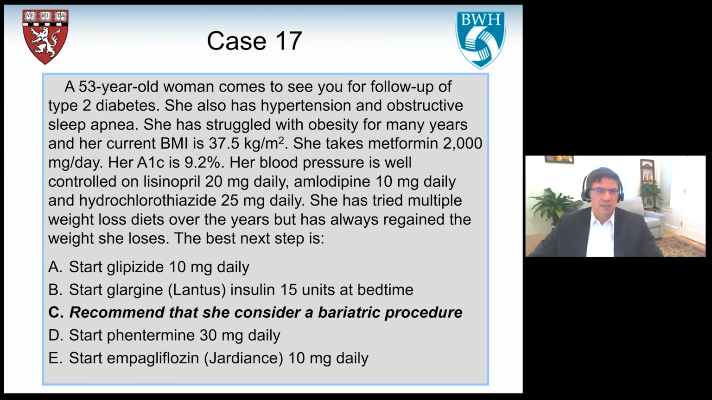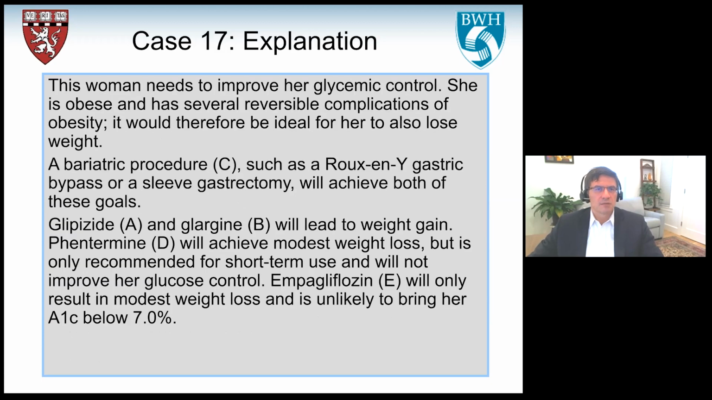The right answer is C, recommend that she consider a bariatric procedure. This woman needs to improve her glycemic control. She is obese and has several reversible complications of obesity. It would therefore be ideal for her to also lose weight. A bariatric procedure, such as option C, such as a Roux-en-Y gastric bypass or sleeve gastrectomy, will achieve both of